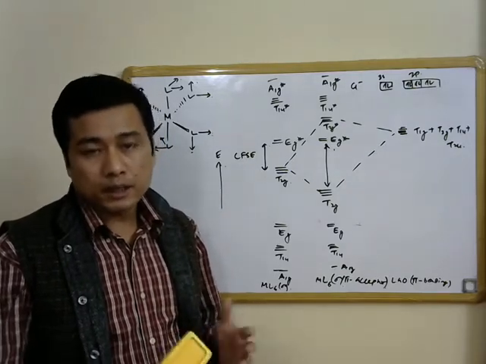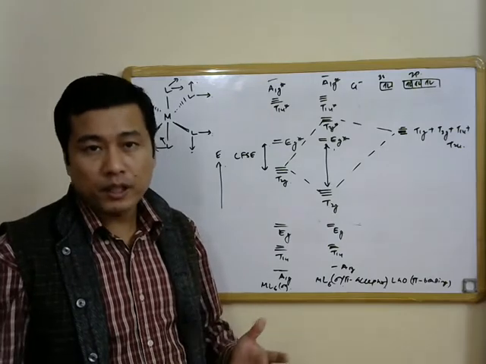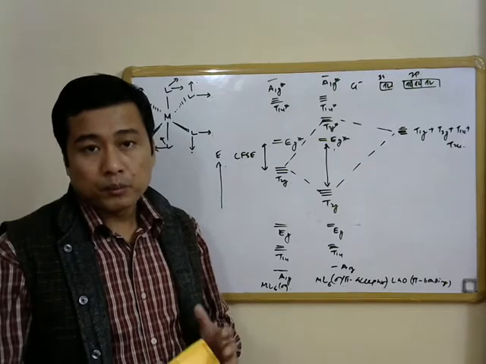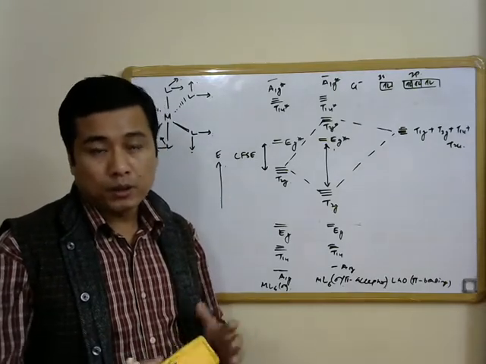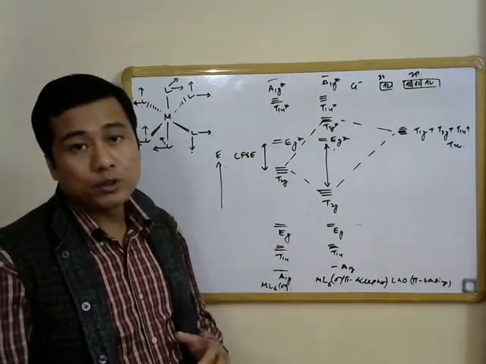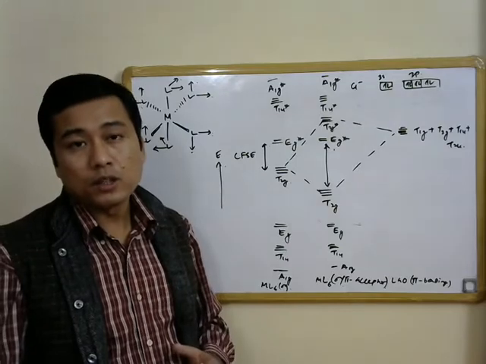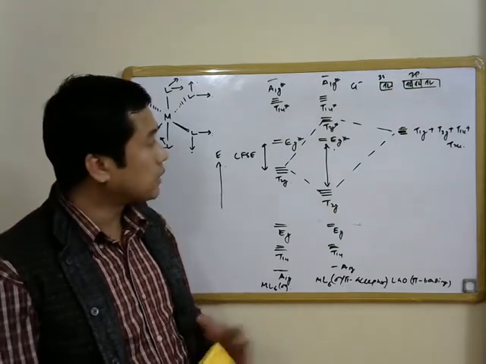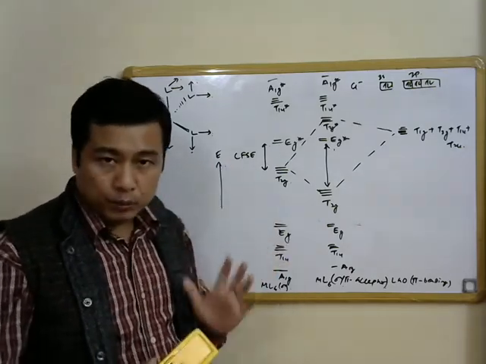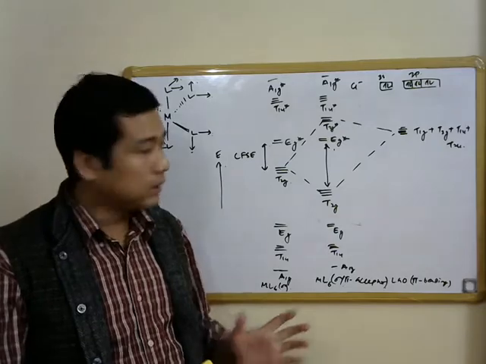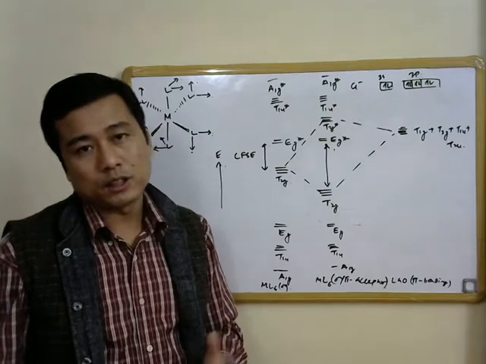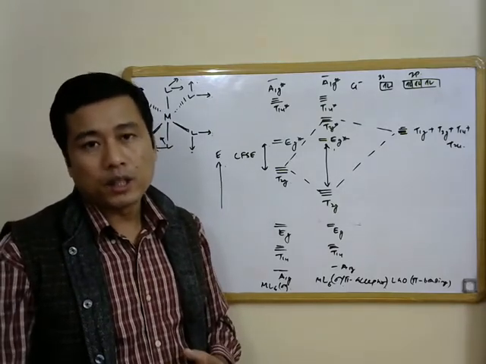Similar pi acceptor ligands include the phosphine ligand, which uses the empty sigma star molecular orbital. Then we also have nitrosyl ligand, dinitrosyl ligand. All of these ligands are pi acceptor ligands, and these are considered to be strong field ligands because upon formation of the pi bond there is a substantial increase in CFSE, and that happens because the bonding molecular orbital is essentially filled by metal d electrons.